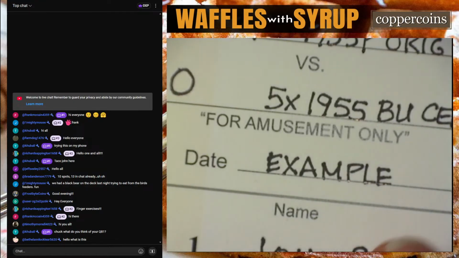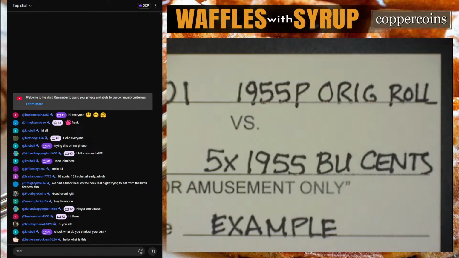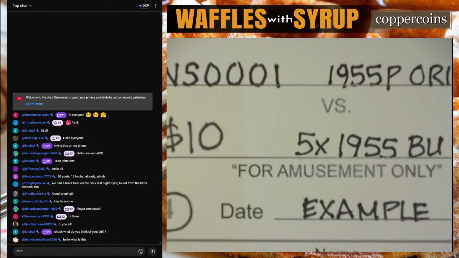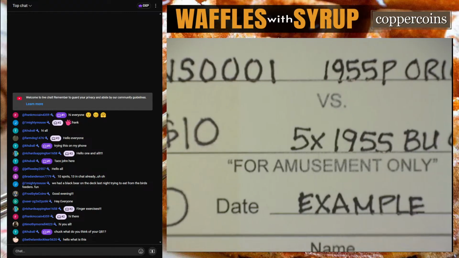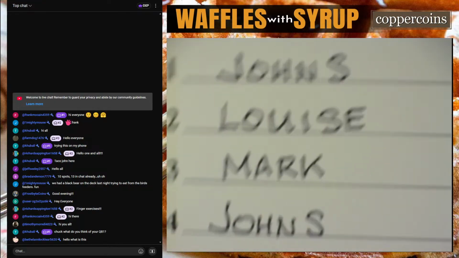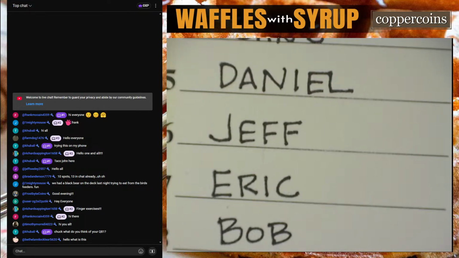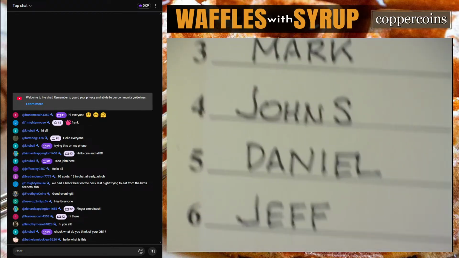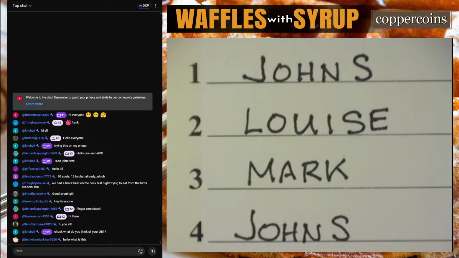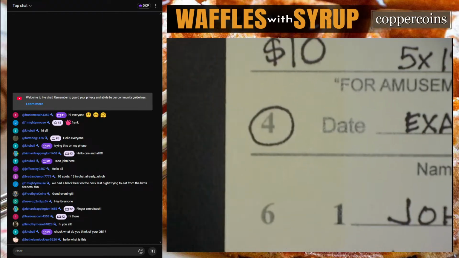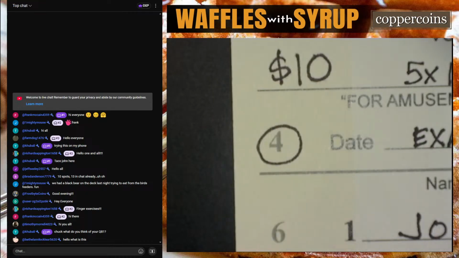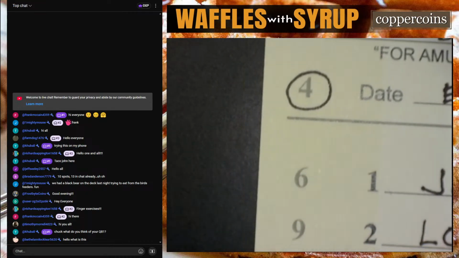Okay, so let's say that we have a 1955 original roll versus 5 1955 BU coins, which I guess we could do either way. Anyhow, this is an example, and so it's a $10 buy-in, and I write all the names of the people who get in over here, and they're going to be in order. And then I come over and I start tearing the strip, and the strip shows me that 4 is my winning number. And then as we tear that strip down,